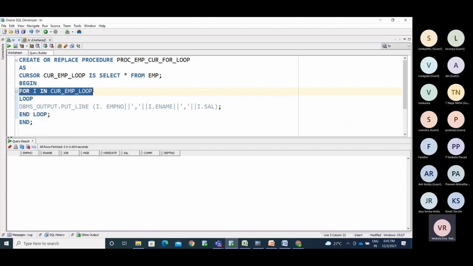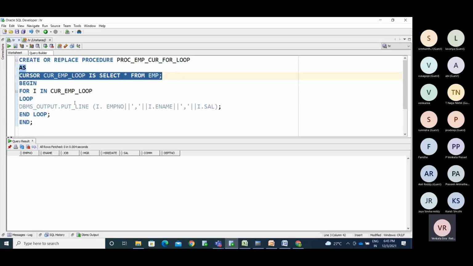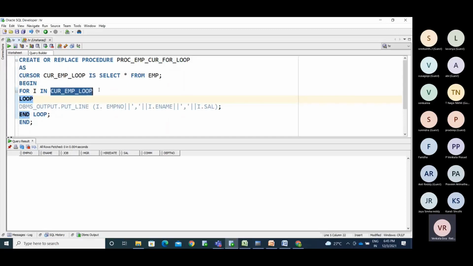This is the cursor for loop, not the simple cursor. Whatever cursor you are performing here, you do it with the for loop. We no need to open the cursor in this place. Simply pass that cursor name in this place.